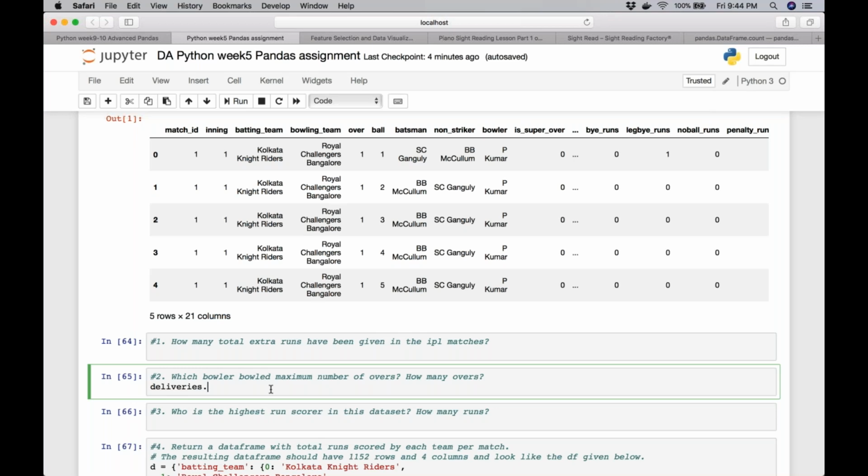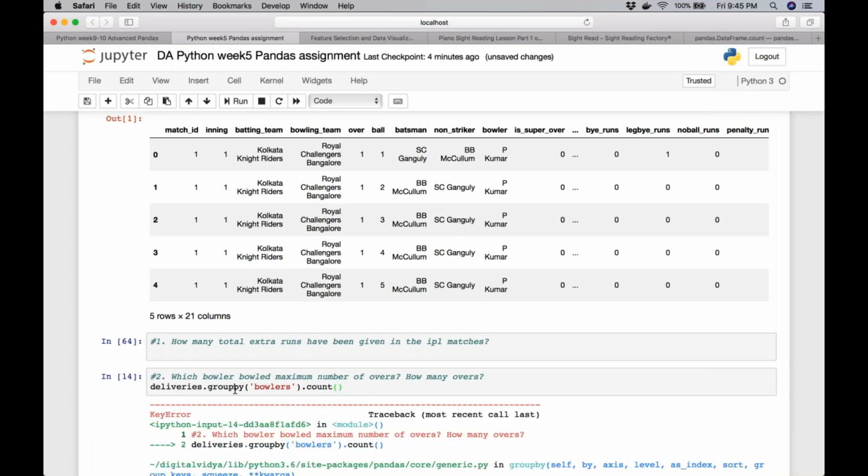Yeah. So when you do group by bowler and count on the ball, it will give total number of balls the bowler has bowled. Right. We can divide it by 6 to get us a vague kind of an answer. Which is fine, which is valid. So let me do that first. This is definitely an easier approach. So we say group by bowlers and count. So I'm just counting the number of rows.